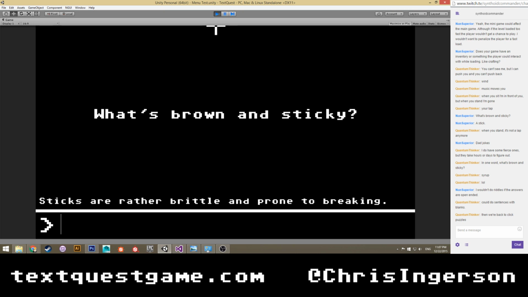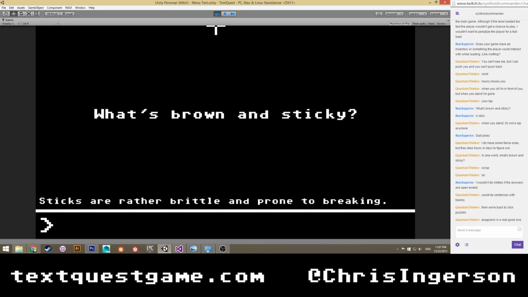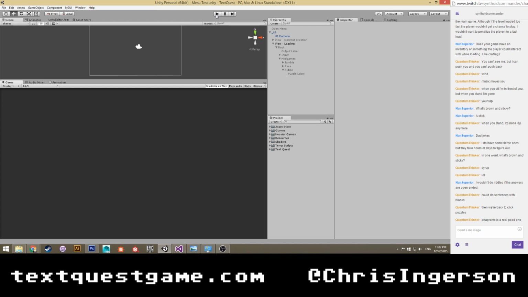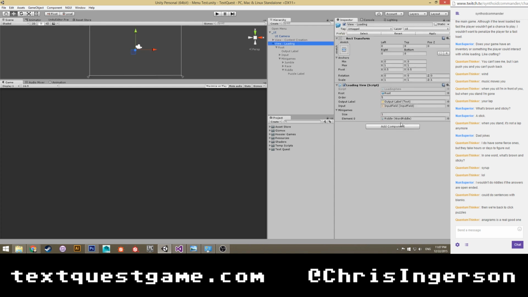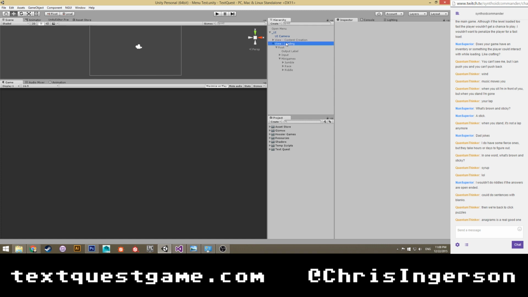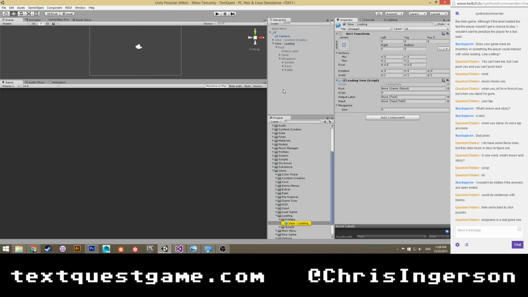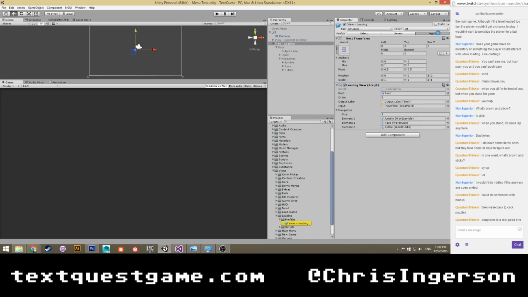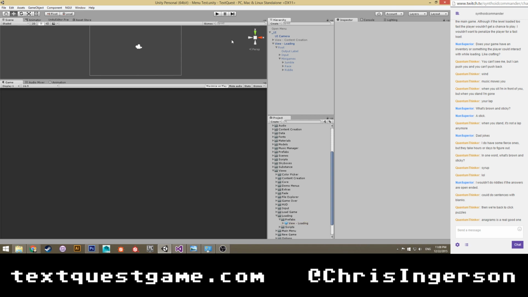So anyway, I think that's a pretty good place to stop. We made two mini games. Well, made two and a half. I'm only going to count riddles as a half, unfortunately. But we got started on a new loading screen. That makes me happy, because we have a nice loading screen right now, I think.